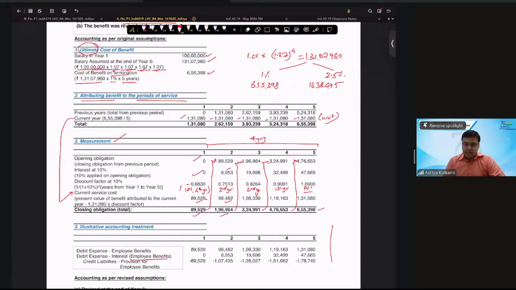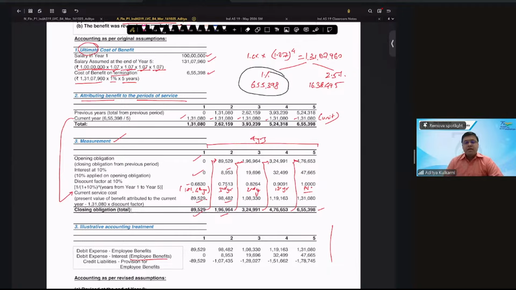Now please pay attention. Giving you the calculation is very easy, but I do not want to give you the calculation directly. I want you to think. Year 1, accrual happened on the basis of which rate? Basis which value? 1%. Yes. Year 1, accrual happened on the basis of